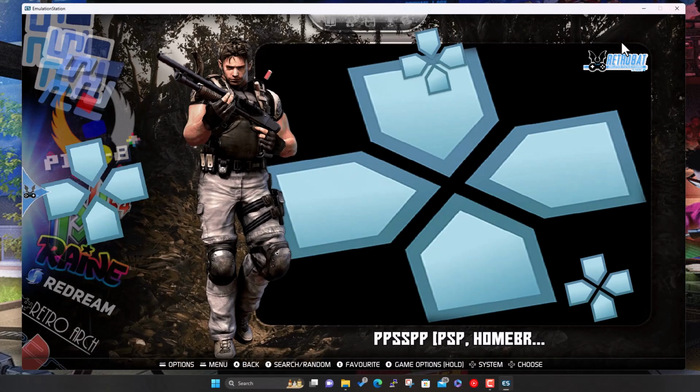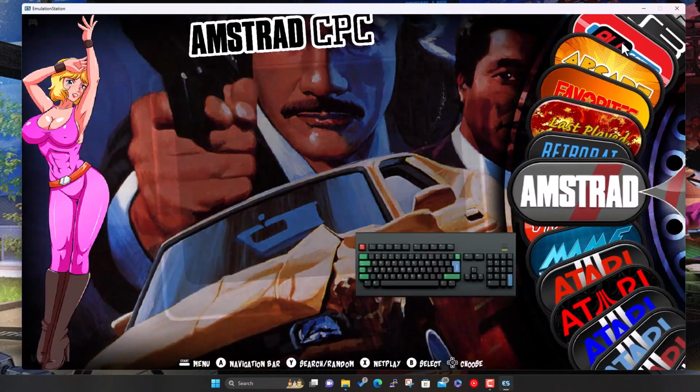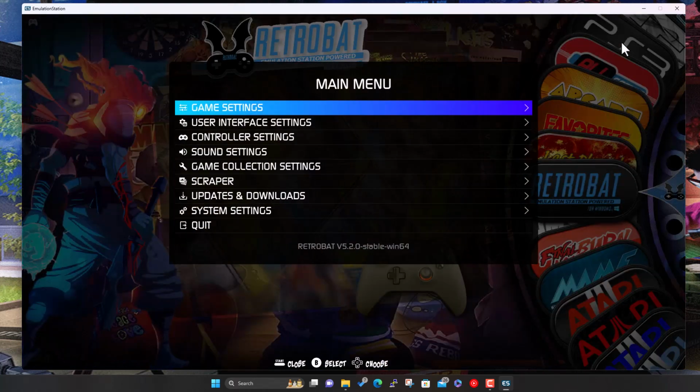Oh, it's loaded full screen on my computer. I'm not sure you're going to see that okay, but it's come up full screen, so I'm just going to quit out of there. So now you've got that external emulator installed, you can come back, go to the main menu, and you've got...